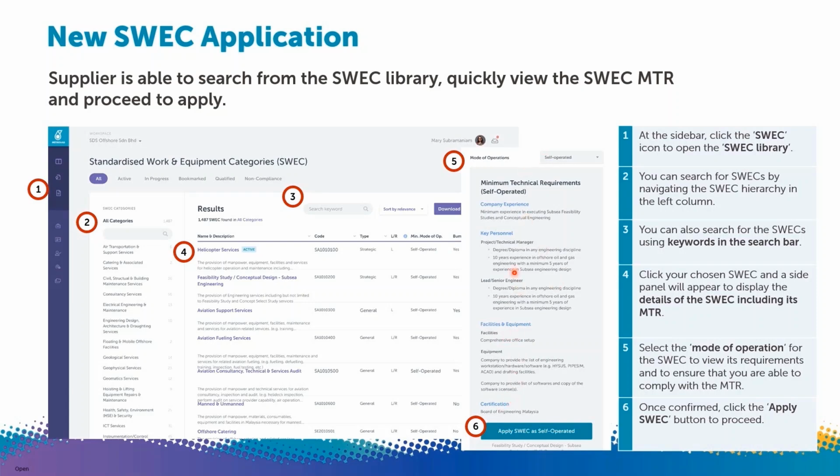So this is the part whereby you don't have to refer to a separate MTR in Excel or PDF. You just have to refer here. If you can meet this requirement and you are interested to apply for this SWAG, then just click apply SWAG as self-operated. Similar to how we do things in ROS right now, one SWAG can have multiple